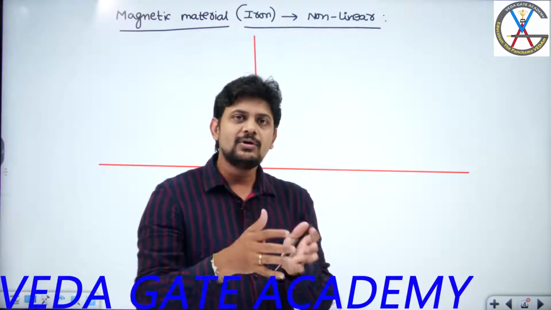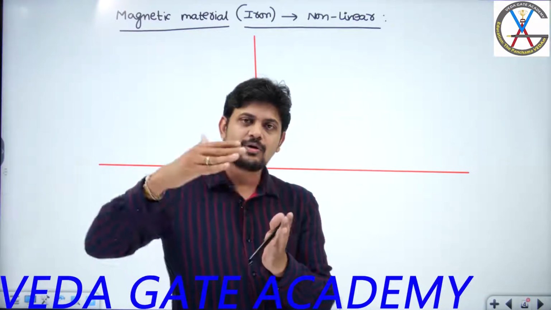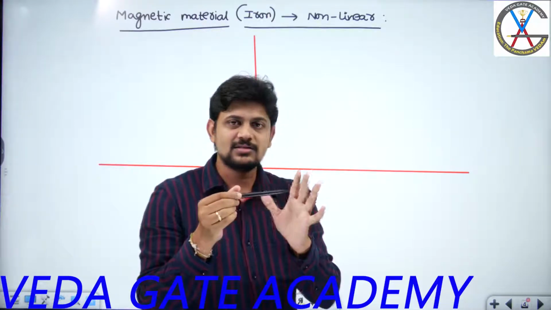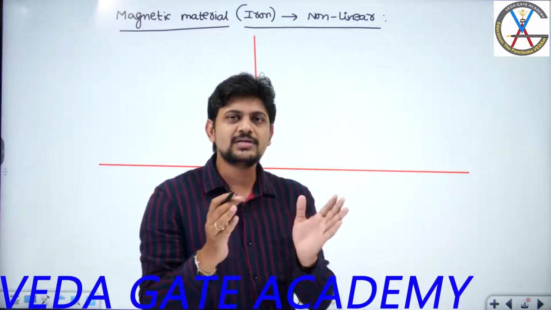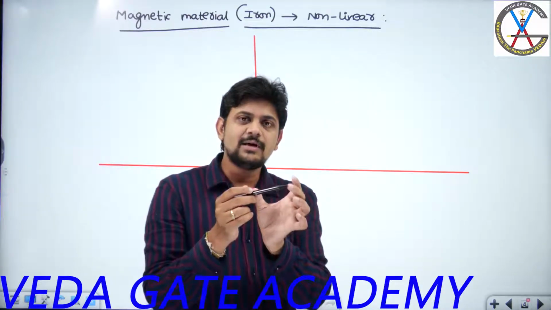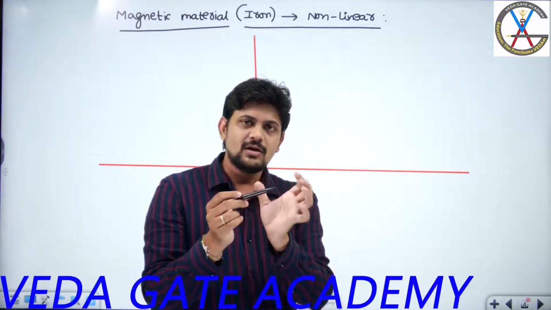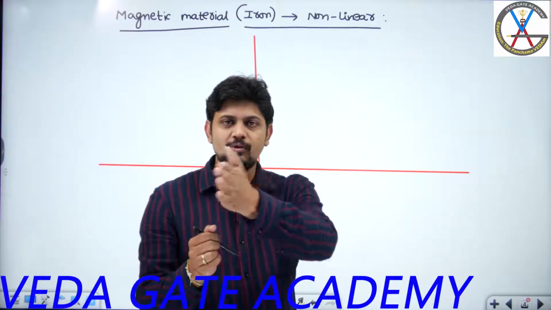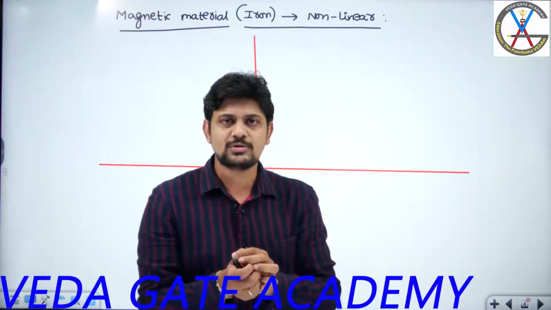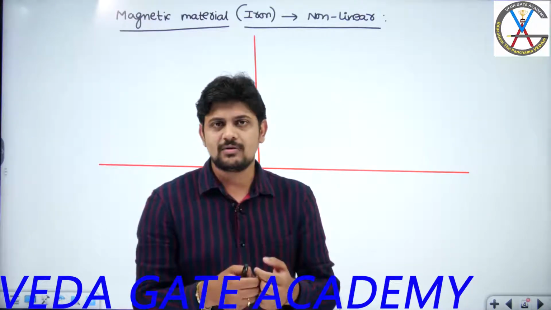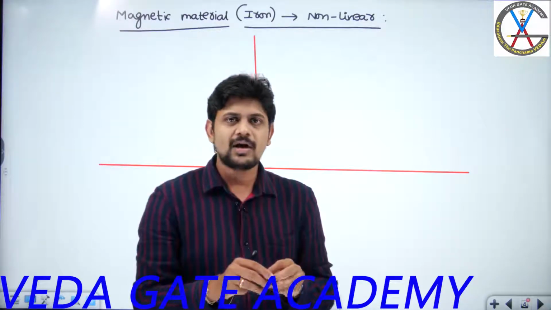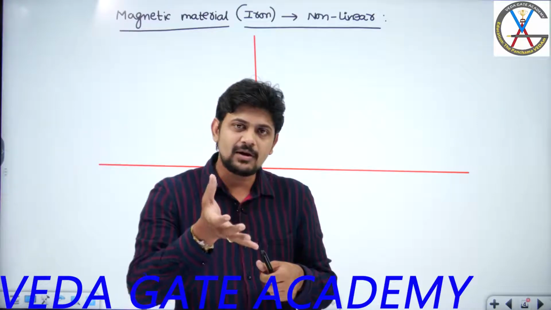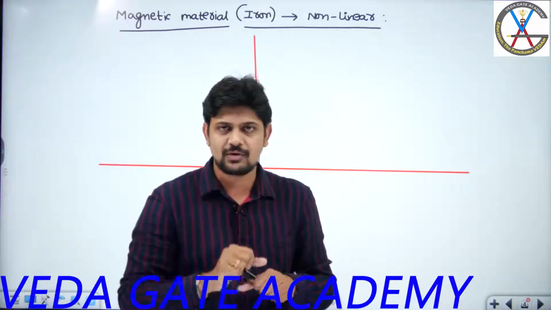That means in order to align the outermost orbit, the amount of external flux that is required will be very small, or the amount of magnetizing current that is required is very small. That means during the initial period, if I increase the magnetizing current by 10%, the amount of flux produced will be very high. But once the orbits are slowly moving and you are entering towards the innermost orbits, we require more current, because the innermost orbits are tightly bonded. Alignment of the innermost orbit dipoles is somewhat difficult, right?